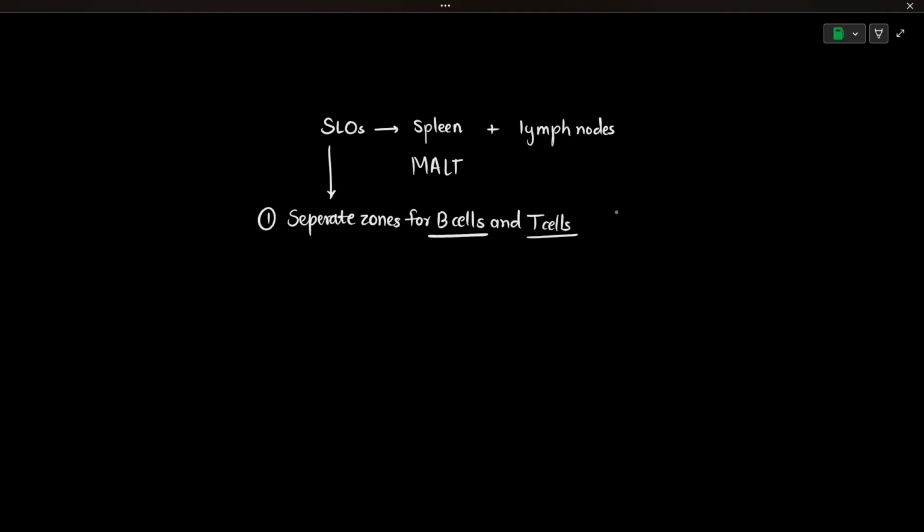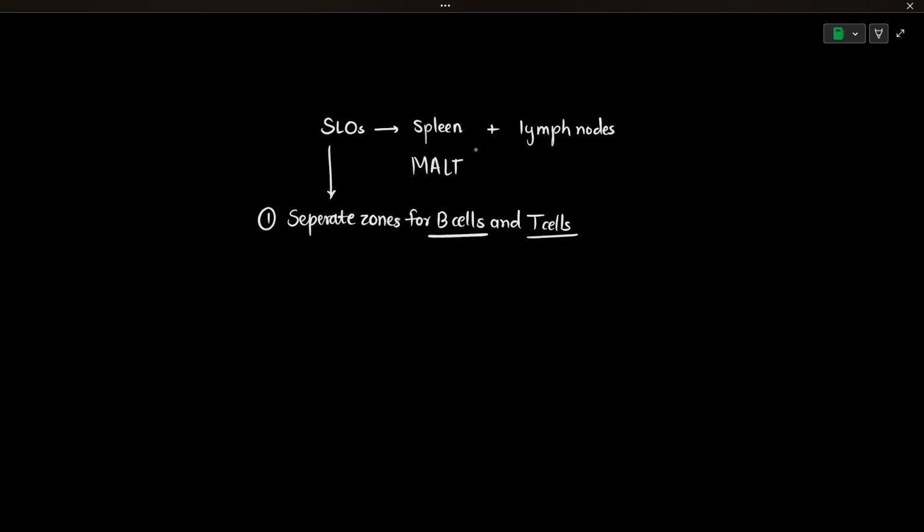So the niche for B cells and T cells will be separate in those secondary lymphoid organs. And this is common in all of those organs. We talked about the spleen, and we discussed how in the spleen there will be follicles where those B cells will be situated, and then there will be the marginal zone, and there will be the periarterial lymphoid sheath. So these three belong to the white pulp, and here the immune responses will be initiated. The periarterial lymphoid sheath is the T cell zone, whereas the follicles, the primary follicles, are